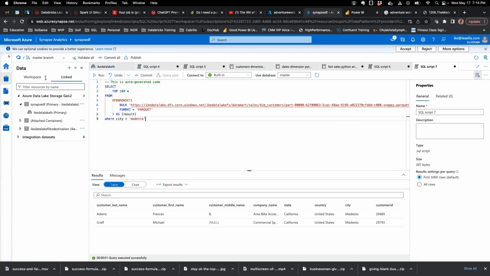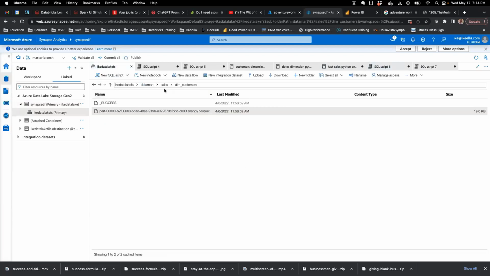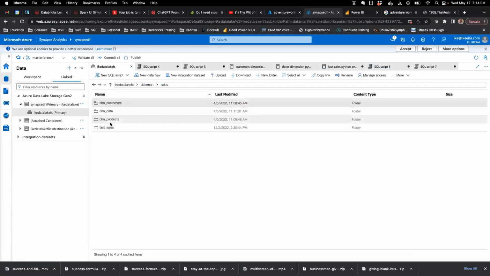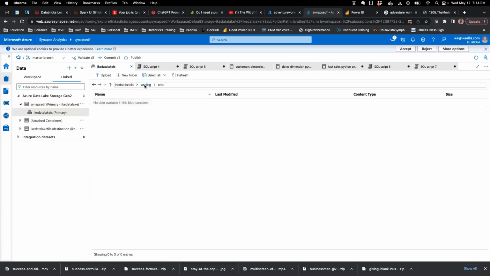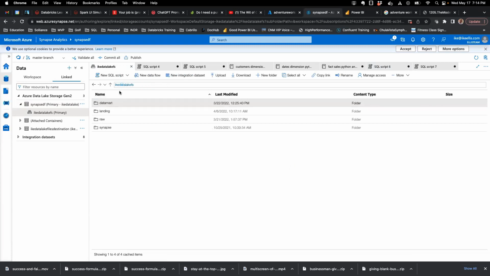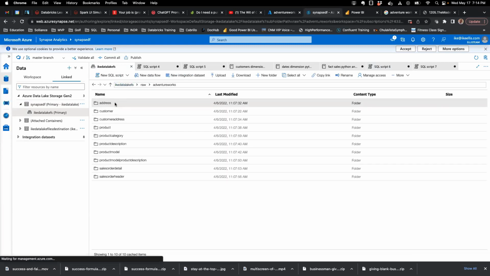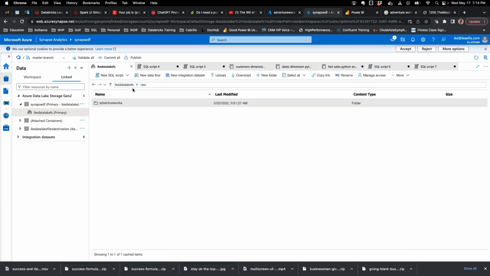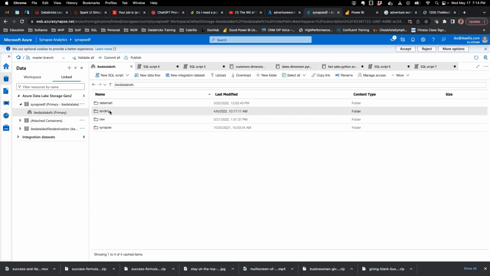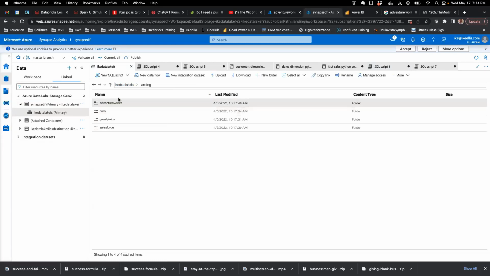So in fact, I might have one just to show you if I wanted to use a CSV, it's right here. Let's see if I've got a CSV in here. You know what? I might have it in landing. Let's open up landing. No data in there. Let's open up AdventureWorks. No. Oh, it might be in raw. Let's look at raw. AdventureWorks, address. No, it's Parquet. I don't know that I have it to show you. I can't show you, but